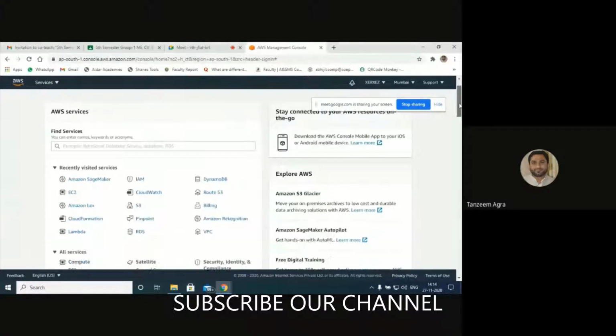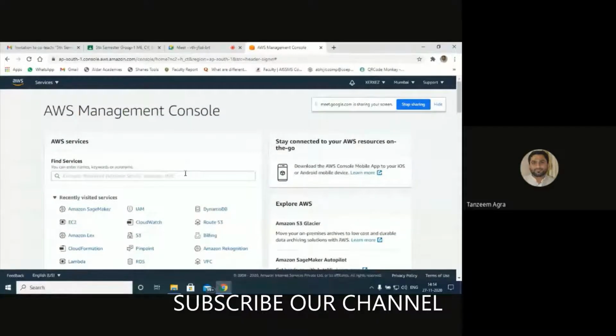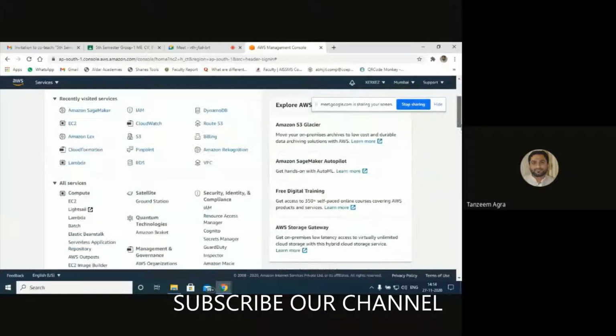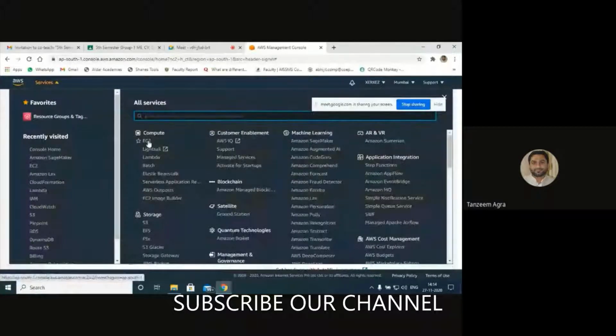So to deploy or design any online sites, what you have to do is go to the main console of this AWS. Here there is Services. Under Services, plenty of services are available. Under Compute, can you see this? There is EC2. I hope you are familiar with EC2, Elastic Compute Cloud. Already I have explained how to deploy a machine. Same thing I'm going to do for the deployment of my online web system.